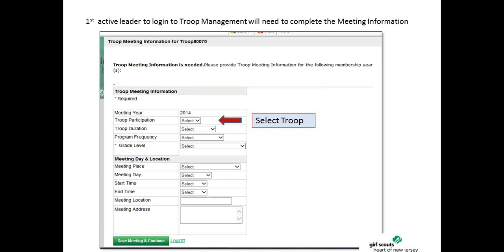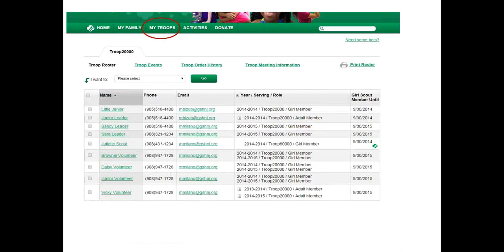You're going to select if you're participating once a month, maybe twice a month, throughout the whole year, your grade level, and the meeting place, day, and time of your meeting. After your 01 position is active, you'll see the My Troops tab as indicated on the screen.